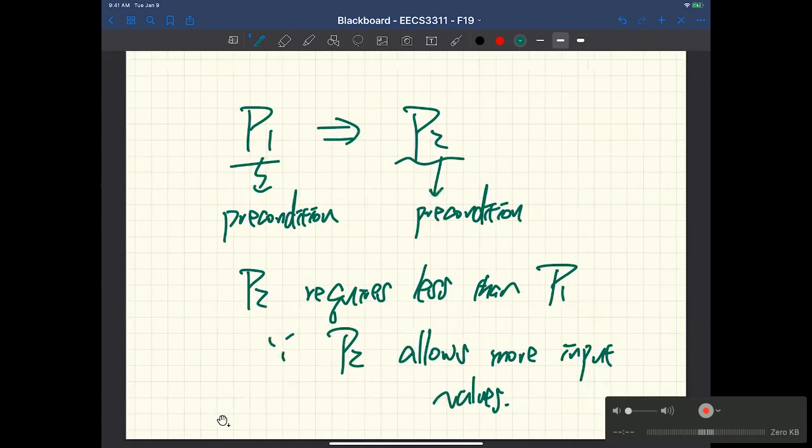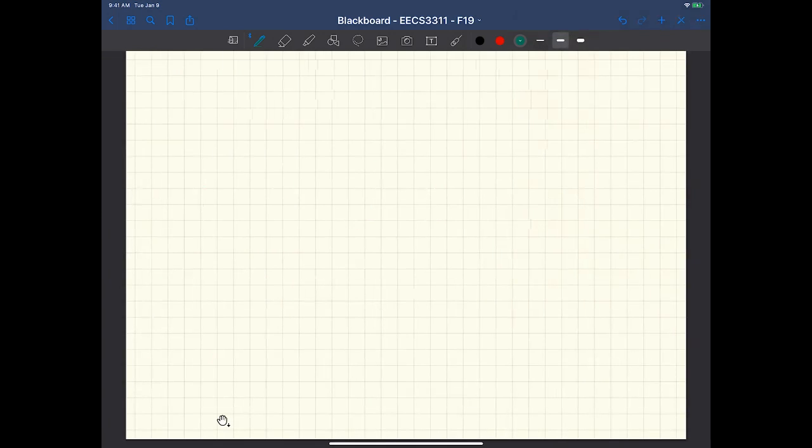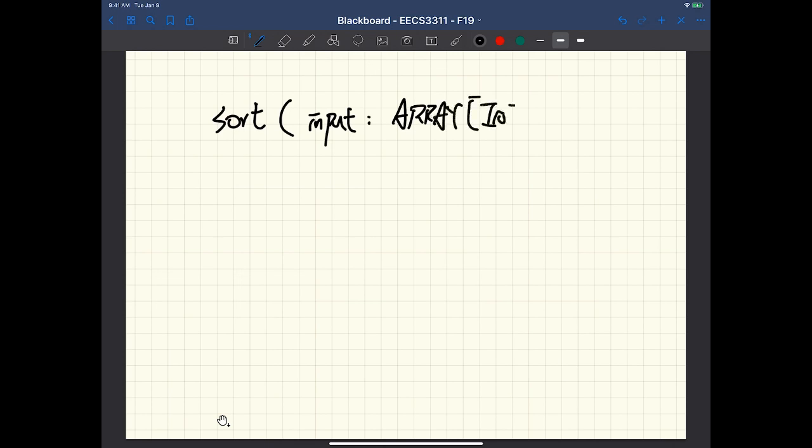let's say you have something like this. Let's say you have a sort method, where you simply have an input, an array of integer, and then you can say ensure over here. Now let's see what we can do. One postcondition can be, I'll just give you options,